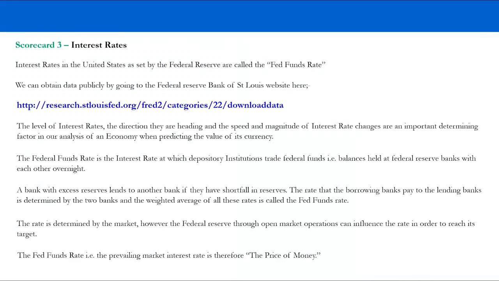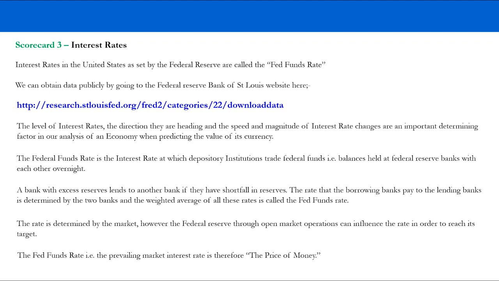Okay, so welcome back to the computer screen. What we're going to look at now is the next driver on our scorecard in the endogenous analysis, which is interest rates. Now, interest rates we looked at earlier in our foundation area of the video series, and we discovered that interest rates aren't really classically set by the perception in the way they are set. They are actually set by a market, and the